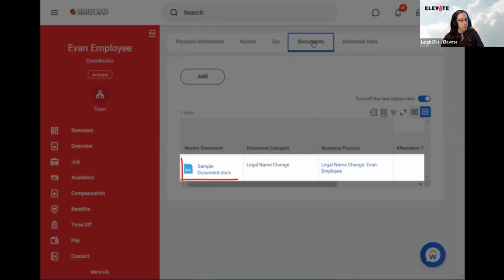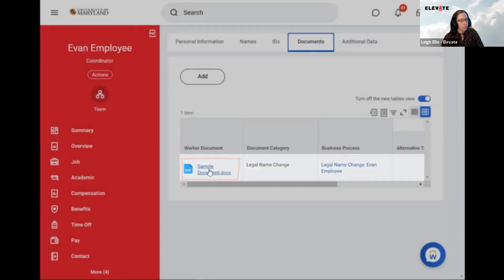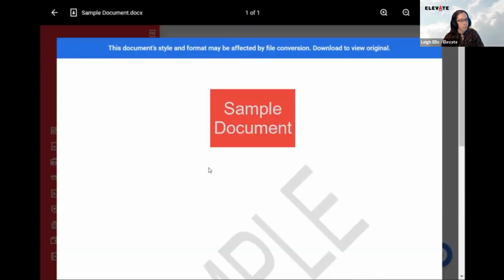Notice that I can click on the Worker Documents hyperlink, and the document displays in a window. I can download the document or print if I wanted to, but it's just a sample document, so we'll skip doing that. Instead, I'll click out to return to the Documents subtab so I can show you two other areas